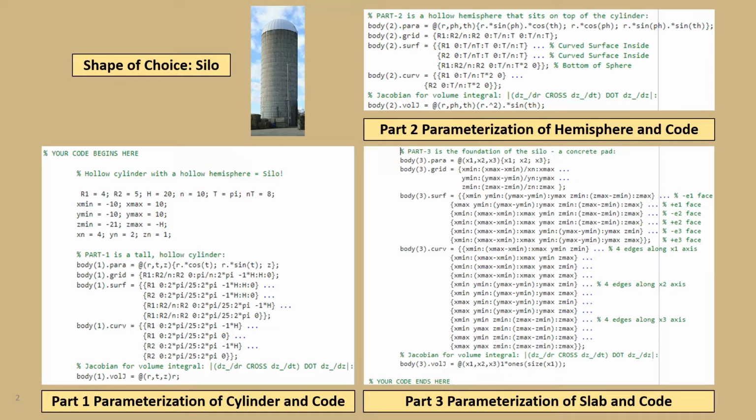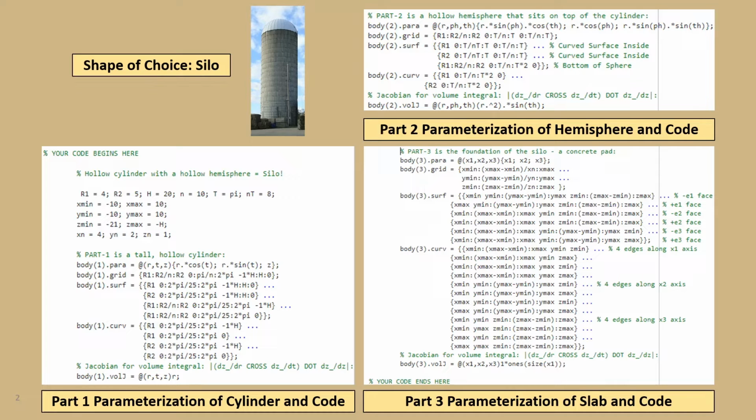Now moving on to the parameterization for the hemisphere, the hollow hemisphere rather, you can see that the simplest form of that parameterization is r times sine phi times cosine theta, r times cosine phi, as well as r times sine phi times sine theta in the x, y, and z dimensions respectively. After going through and plotting the grid, surfaces, and curves at the appropriate location within the dimensions of my choosing, I was able to figure out a Jacobian volume, as you can see there, where it's r squared times